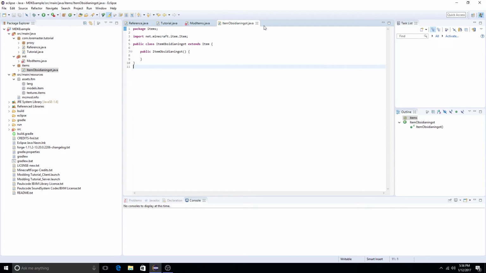Go back to your item class, and inside of public ItemObsidianIngot, or whatever you named it, we're just going to type a really long string. So I might put these down in the description, maybe not, we'll see. If they are down there, you can just copy and paste them and change them according to your item, because they're kind of long. So you're going to want to type setUnlocalizedName, but with a capital U for unlocalized,